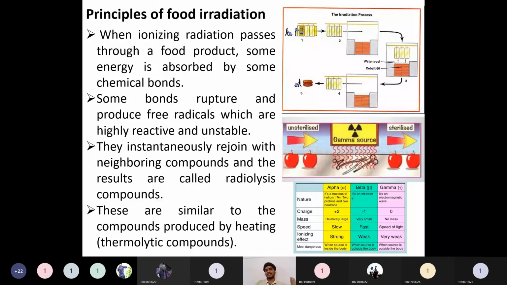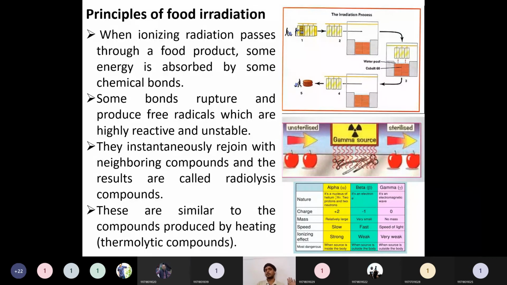We are not at all using this irradiation now. There is a possibility we can use it, but when you tell somebody outside, an uneducated person, that this is irradiated food, they will definitely fear. Nowadays many people fear even UV radiation. UV chambers are coming out, and that UV chamber is nothing but non-ionizing radiation. I don't know how they can kill this virus, coronavirus, but it is not at all ionizing. But out of context, when you tell outside persons that this is irradiated food, they will hesitate to consume. When you create awareness, they are going to consume.